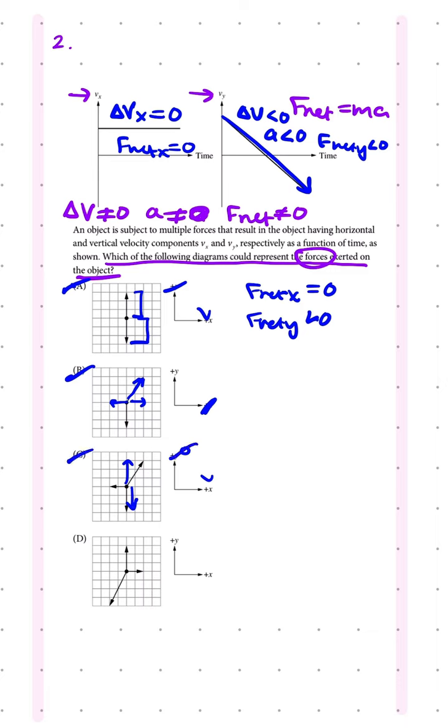For D, we can see 2 units to the right. We can see 2 units to the left. We can see 3 units upward and 4 units down. So the x's are perfect. They cancel each other out. We want 0. For y, we don't want 0. We have 3 units up, 4 units down, and that is some negative F net, which is what we wanted, right? Also, by process of elimination,